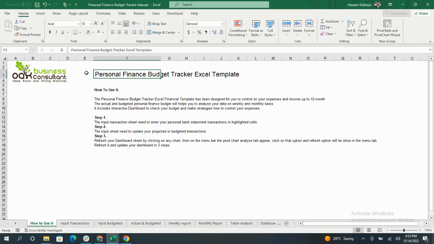Hello, today we are going to present you the Personal Finance Budget Tracker Excel template. The Org Business Consultant has developed it for you to control your expenses and income for up to 12 months. This Personal Finance Budget Tracker includes input transactions, input budgeted, actual and budgeted sheet, weekly and monthly report, table analysis,